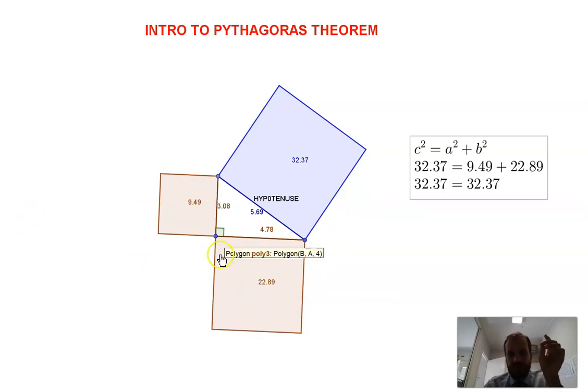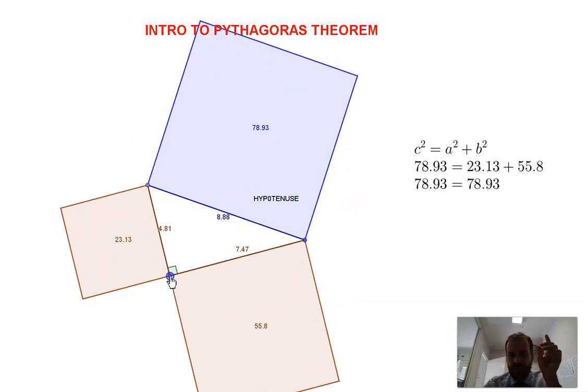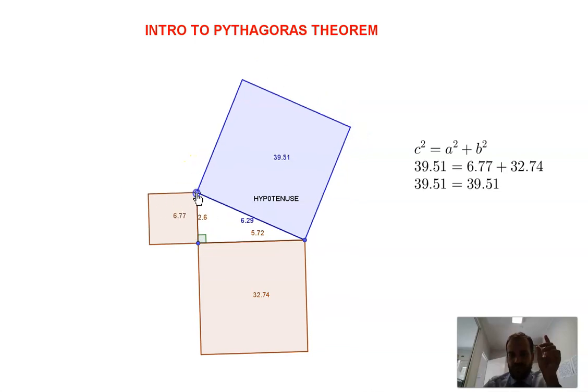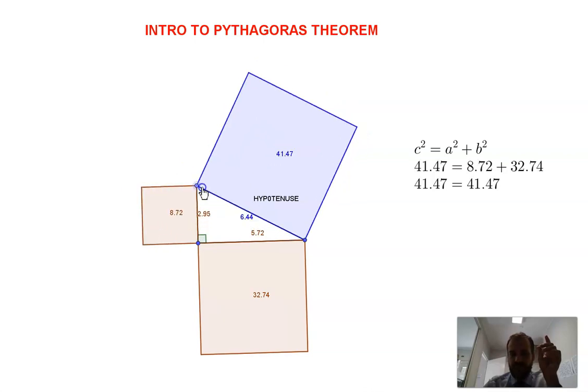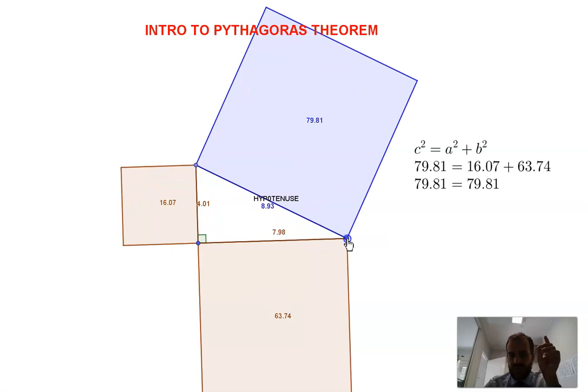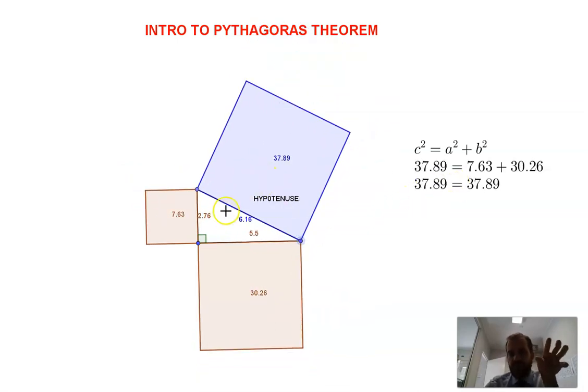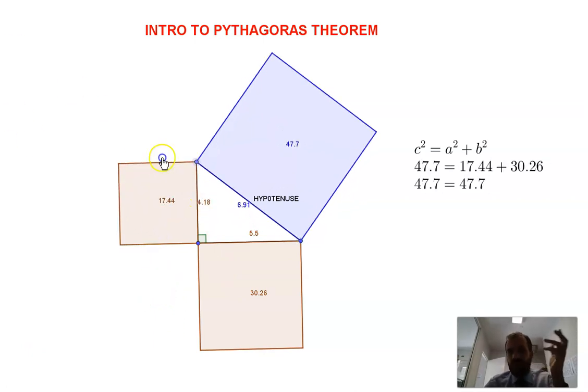And it doesn't matter how big our triangle is or what the difference is between the lengths, or how short or how long this side is, or how big the triangle is. This will always be true. This blue square, this big square hanging off the hypotenuse, will be equal to these two small squares hanging off the two shorter sides. Now, this is not a formal mathematical proof, but it's a good, what we would call